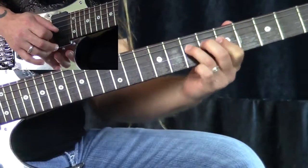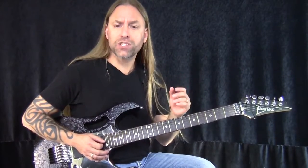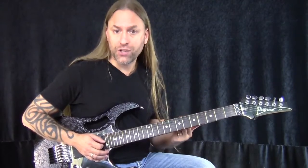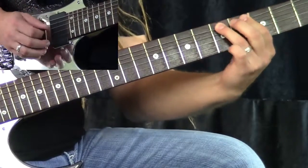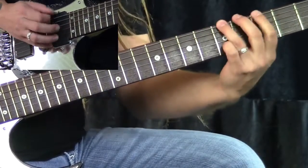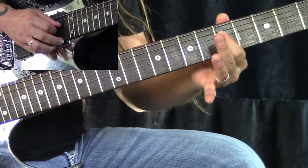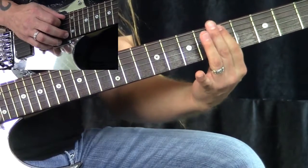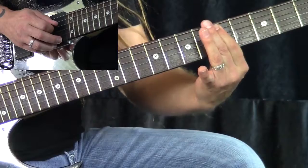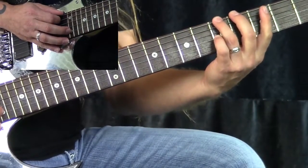Okay, and I do that twice. Now the second time when I end it, I still have a little bit of space, so what I do is I just add in another descending line pentatonically, and I do this. Okay, so what I'm doing is playing 5 of the 4th string to 7 of the 5th string to 5 of the 5th string, sliding down to 3, and then I'm going to play the A, the 6th fret of the 6th string, or excuse me, 5th fret of the 6th string,